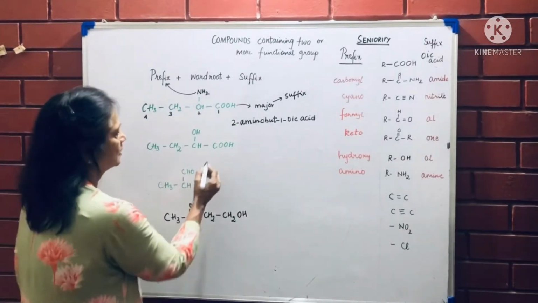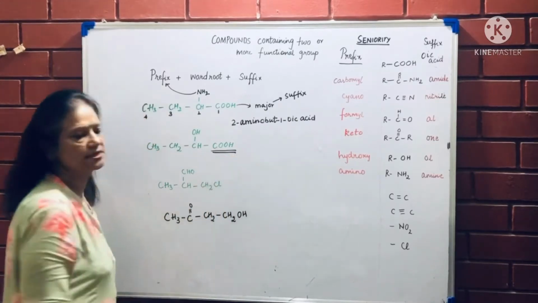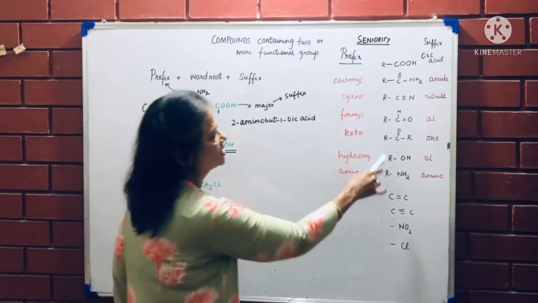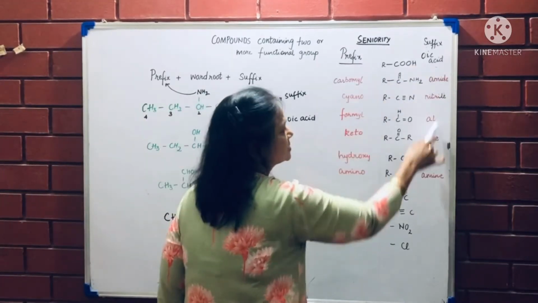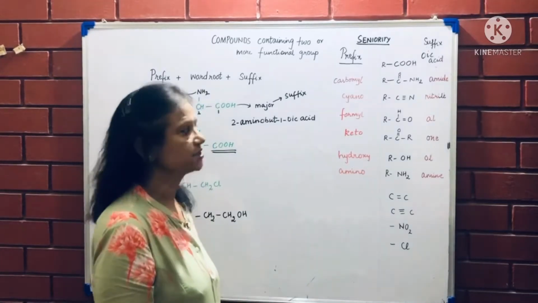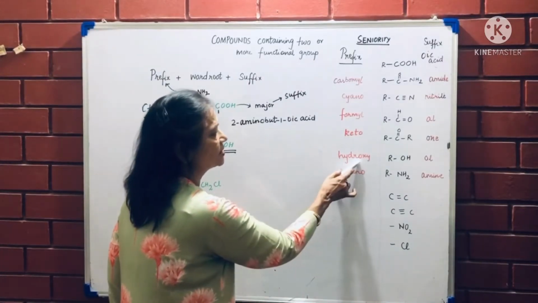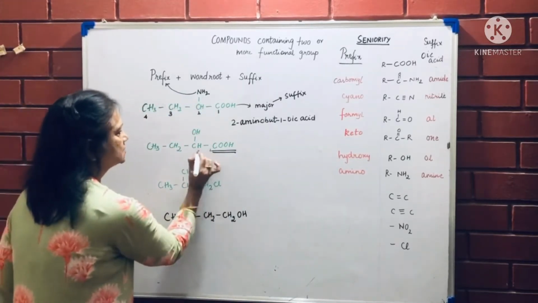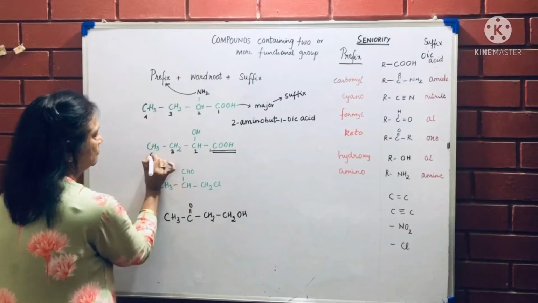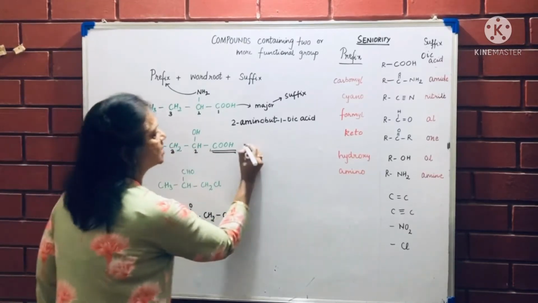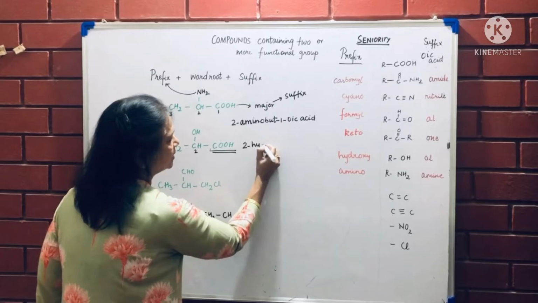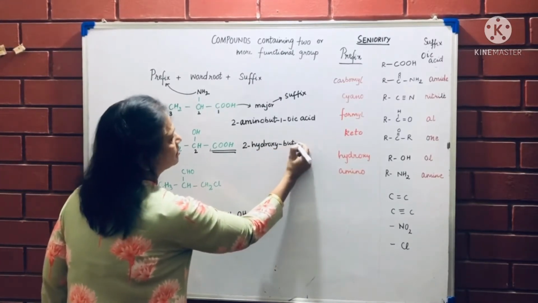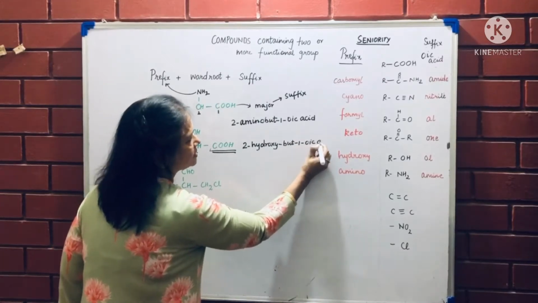See in the next one. Major functional group again is oic acid. Minor functional group is OH. OH is below. So when it is in the suffix, it is called ol, like we were writing earlier. But today it is in the prefix, so it will be called hydroxy. So again, I'll count from here, 4. At place 2 is the hydroxy group, 2-hydroxy, but-, 1-oic acid.